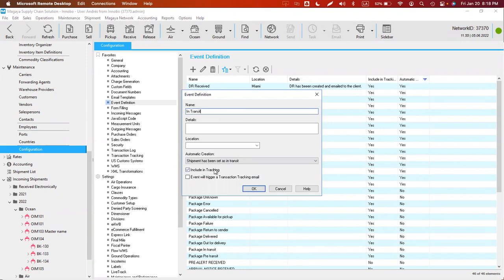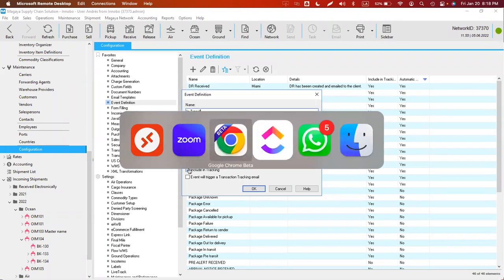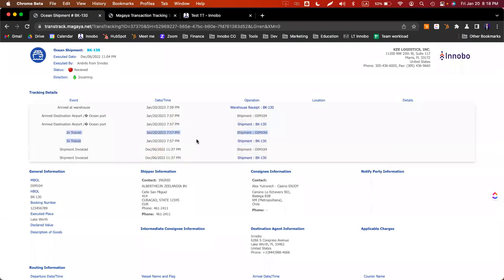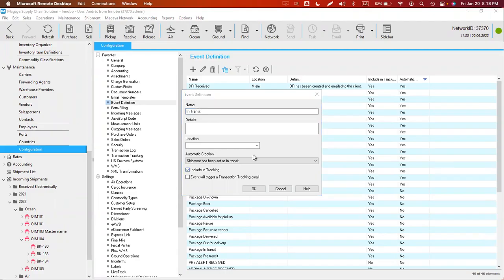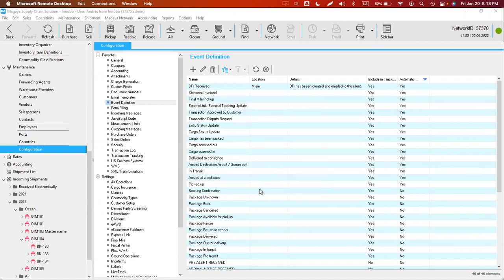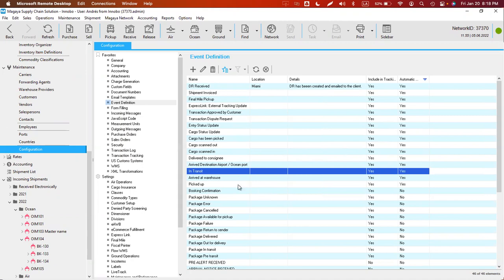It will be included in tracking by default as well, meaning the customer will see it on that URL, right? Like the in-transit events will be there. But this event will trigger a transaction tracking email is not engaged by default. So that's what I'm doing, and that's what I recommend. So you will be selecting what events should trigger an email, right? So that way you make sure that only when those events are added to a transaction, they trigger that email,